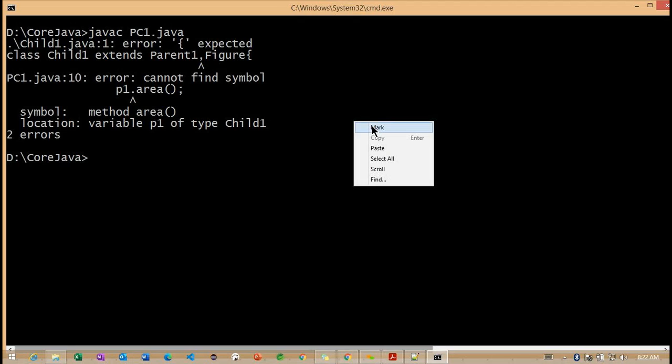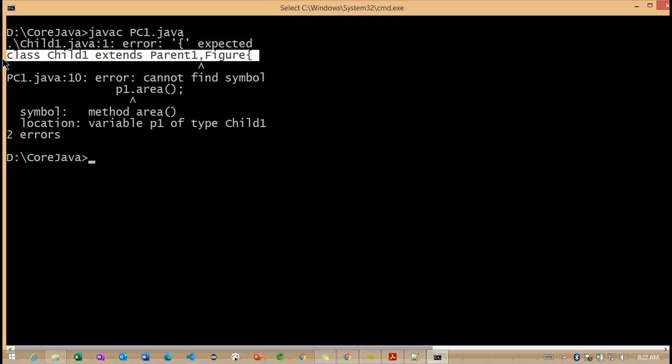The first error is coming from the child class: child one extends parent one comma figure, it's giving an error here.